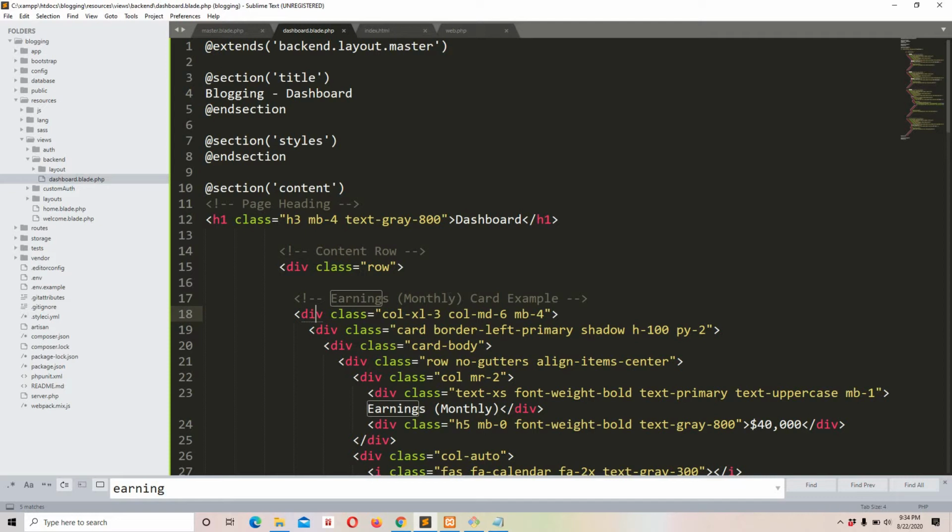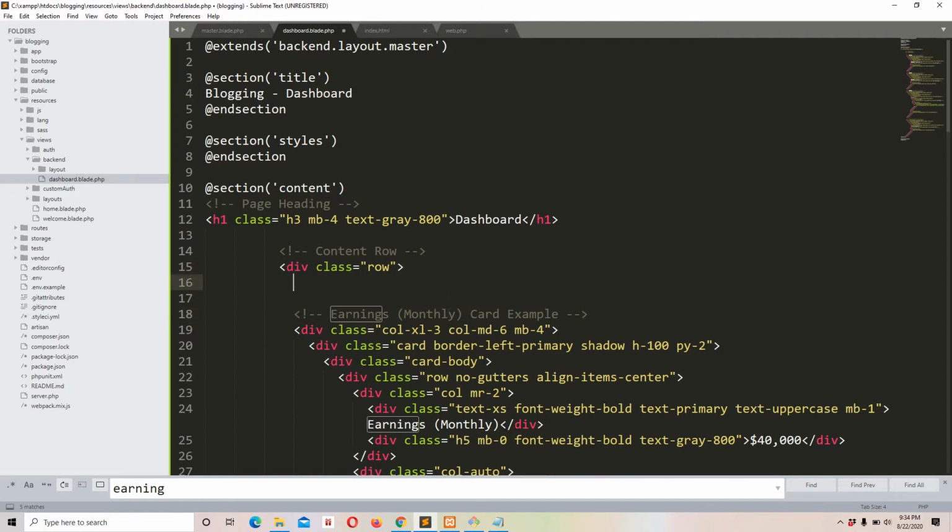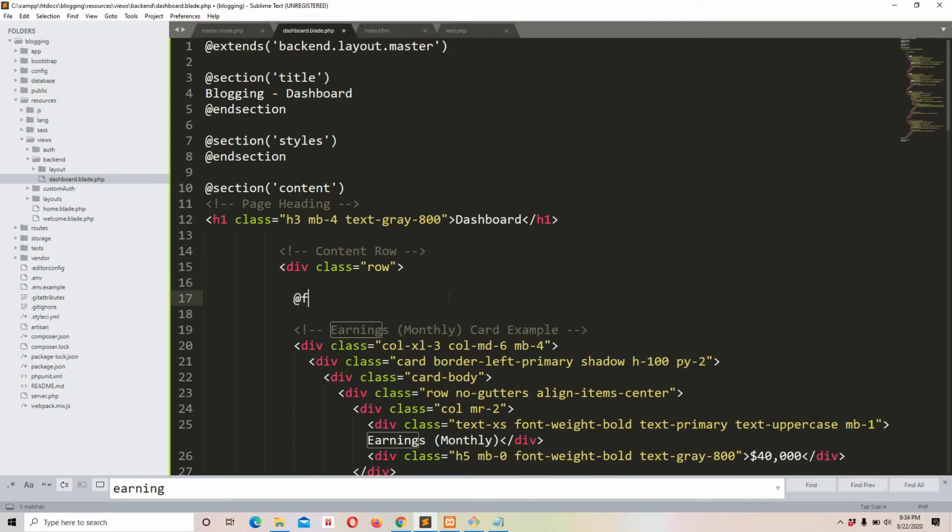So what I'm going to do is, let's say right here, @for $i = 0; $i < 2. This means it has to run 2 times, and $i++. That's it.